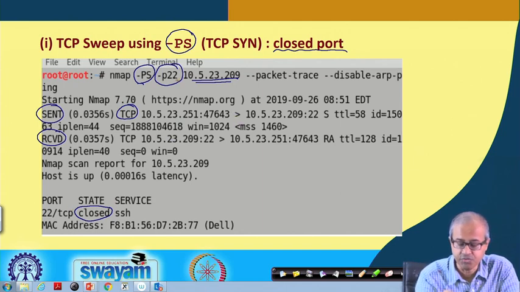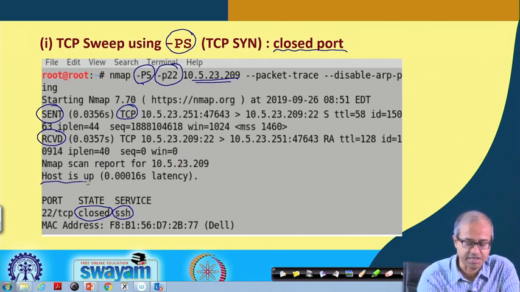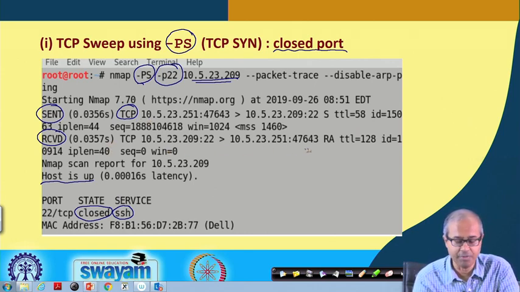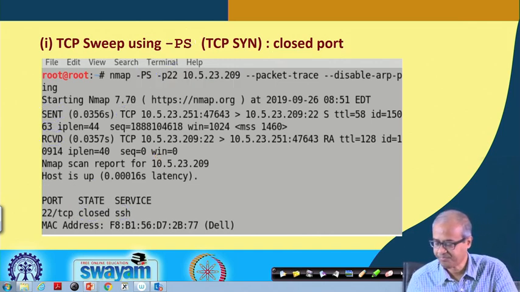This port number 22 actually stands for secure shell, SSH. So, for SSH the port is actually closed. By looking at the different headers in the file you can conclude that the host is up, the response is coming back, but that port is closed. That means, when you are sending a connection request, it is not sending you back the acknowledgement, rather it is trying to reset the connection. So, by looking at the flags you can conclude that.